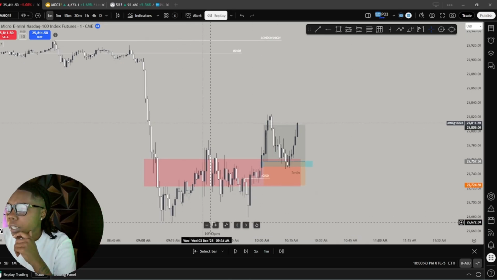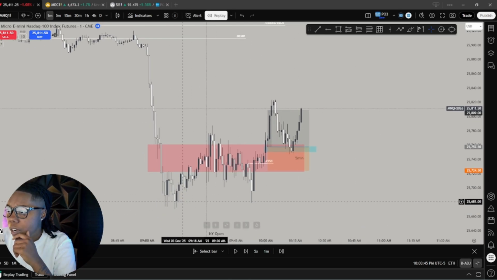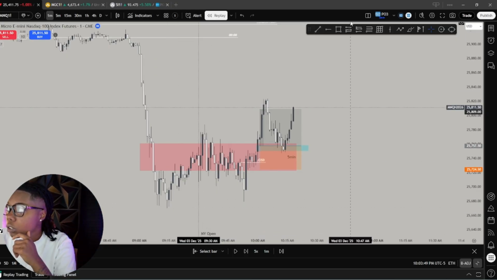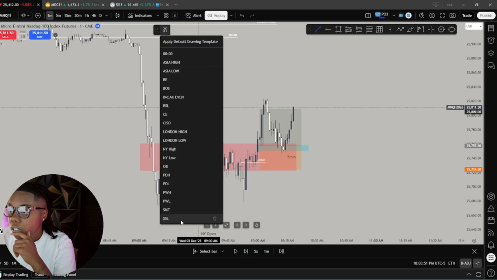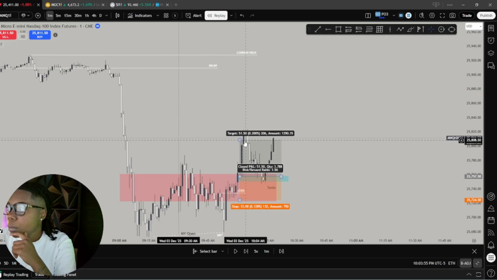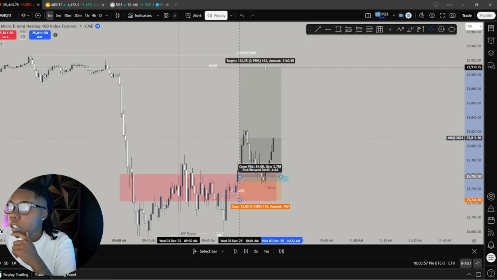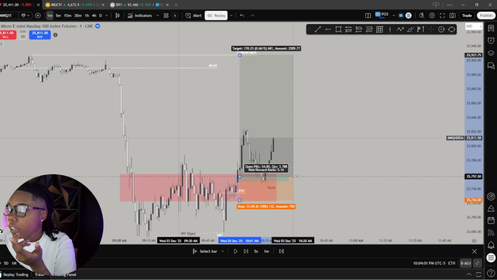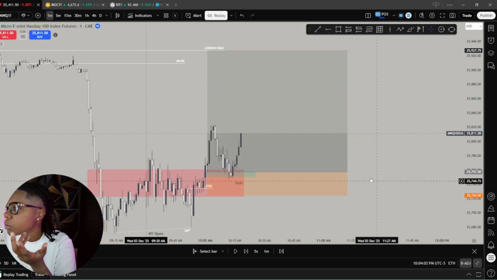I'm sure maybe we get some type of SMT divergence, where ES sweeps these lows but NQ doesn't, right? And then that bullish structure comes in, and what we want to target is maybe back up to midnight, or we can target London high, right? And we can just see if this plays out,